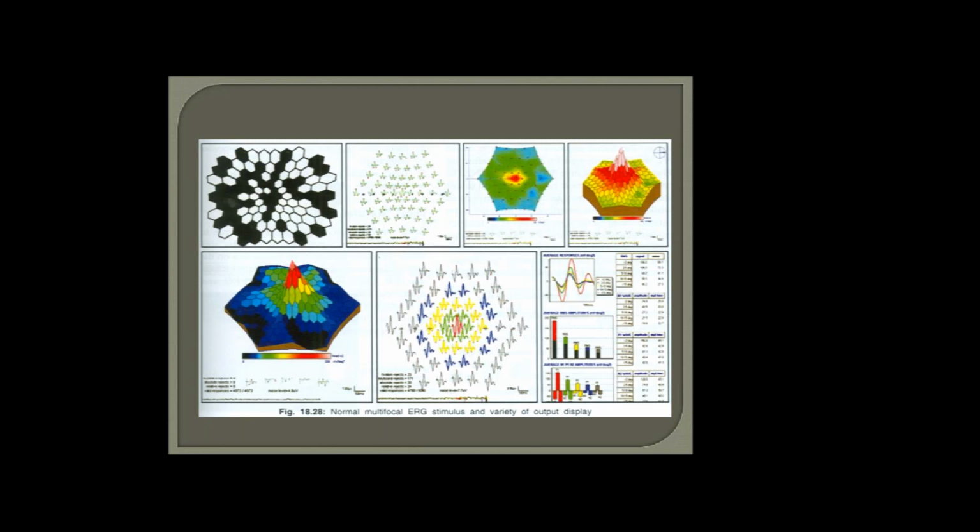Overall, multifocal ERG looks like this. It is black and white checks, and it could be more congested at the center or evenly distributed. If it is more congested at the center, which is what is used regularly, that is because cones are more densely packed at the center. That is what the photograph at the very top corner shows: black and white hexagons mostly congested at the center. The overall deviation of the stimulus pattern is shown in the 3D diagram as well as in the form